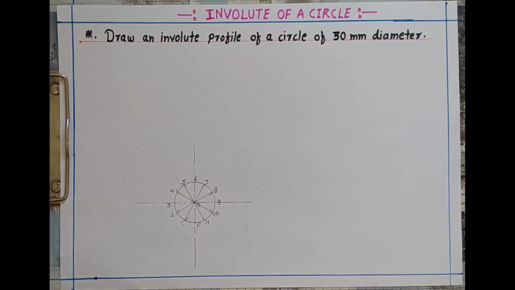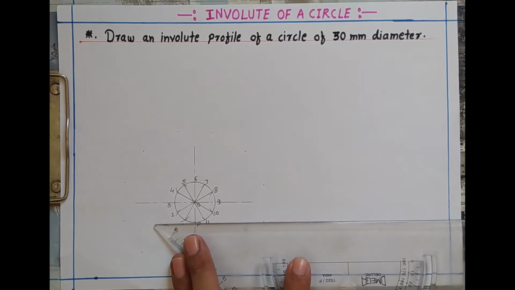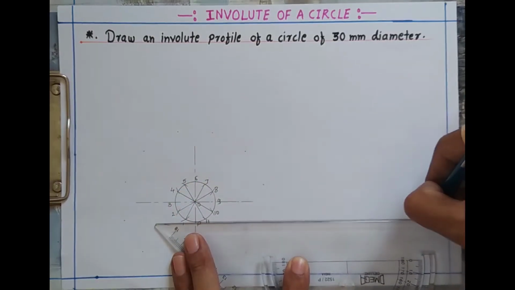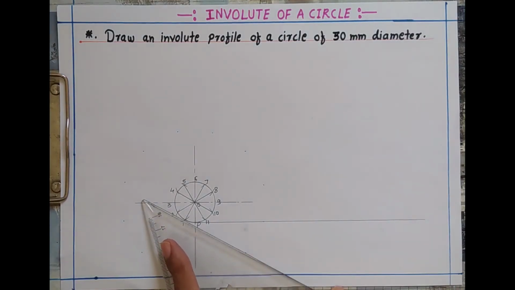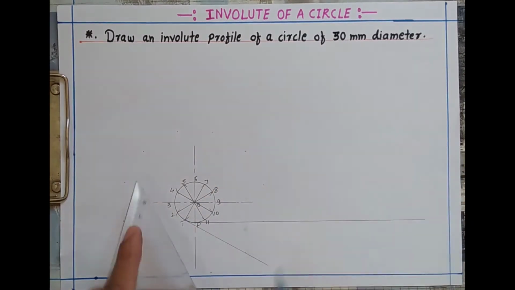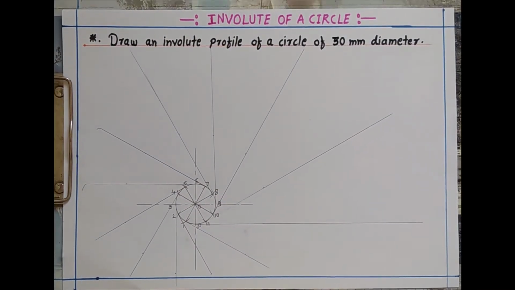So first of all, we draw the first tangent, which is passing through the point P in a horizontal manner. Similarly, next the tangent to the circle passing through the point number 1. You have to follow the same process for every point. Draw a tangent from every point, and finally it will look like this. There you have the tangents passing through each point, and they are tangent to the circle.